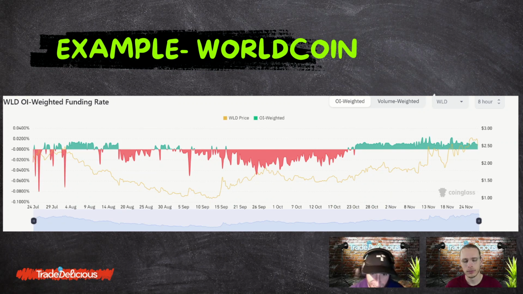You can see from this chart, on the yellow line here, it was in a downtrend ever since July. So people started to break this downtrend, and you could see that price kept on going up, even though there was very high short interest. So basically, shorts were paying longs, and longs were not only winning from the price going up, but also getting paid for holding the long position. So that's pretty interesting. Yeah, you're right.